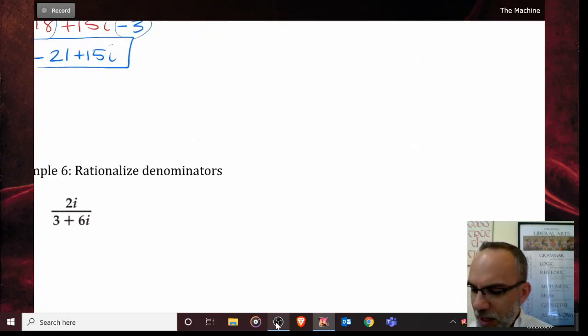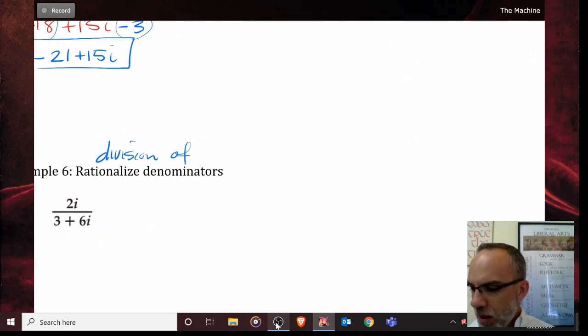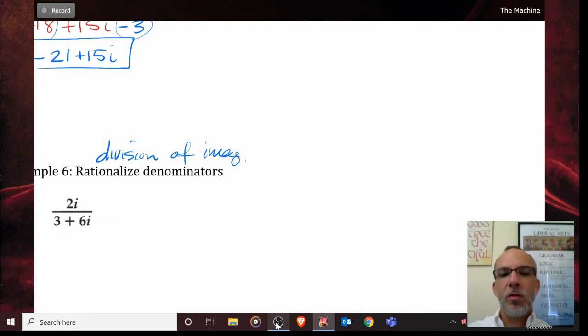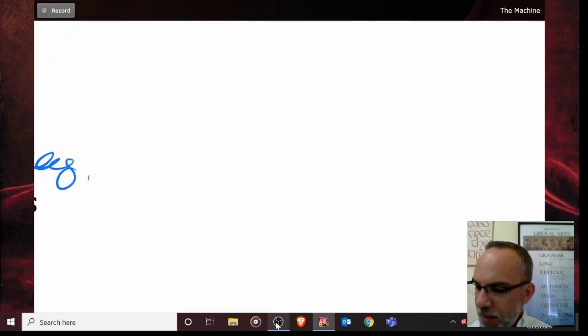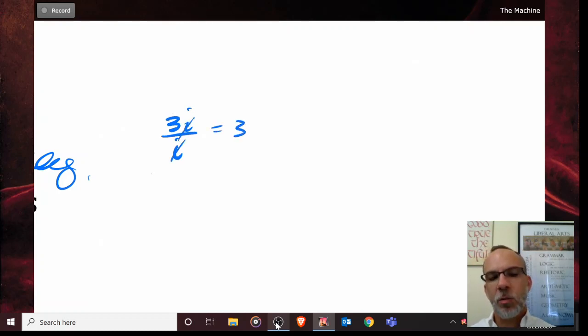This is oftentimes division of imaginaries, but really it involves more than that. It's more than just dividing. If I had maybe 3i divided by i, you could cancel those out and just call that 3, because it works the same like an algebraic variable. If I had something like